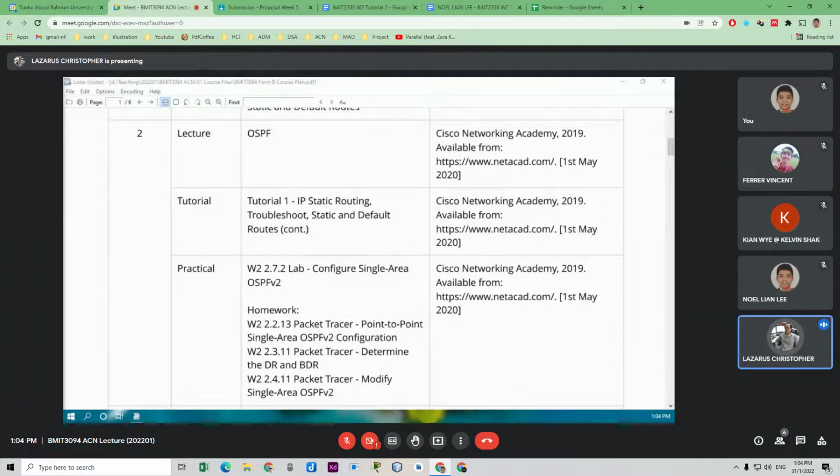Okay, before we start our lecture for today, just have a look at our course plan. Last week we looked at OSPF, actually the part two, the configuration for single area OSPF version 2. So today, I want to cover the part one, which is the theory part of OSPF version 2. It's not many slides, only about 30 plus. And after a brief break, then we'll continue with our network